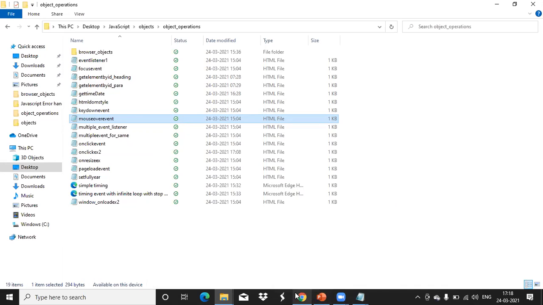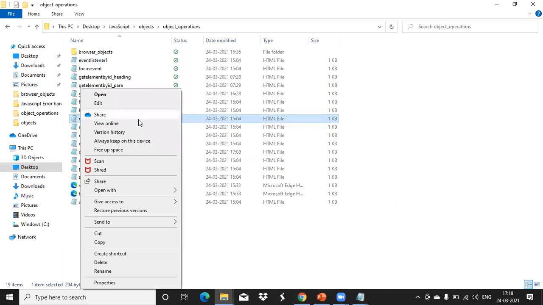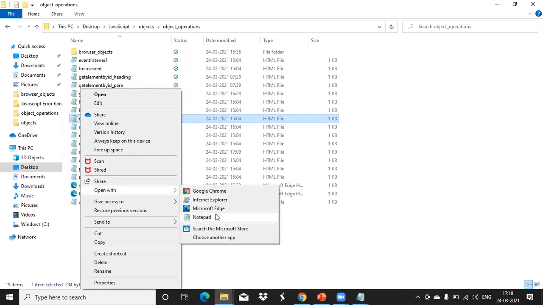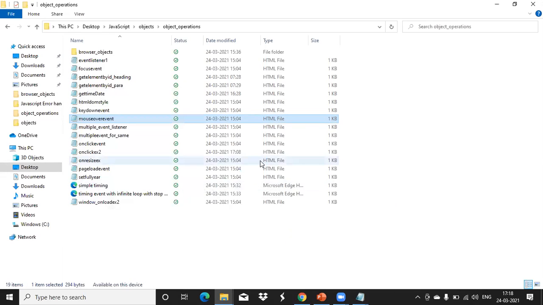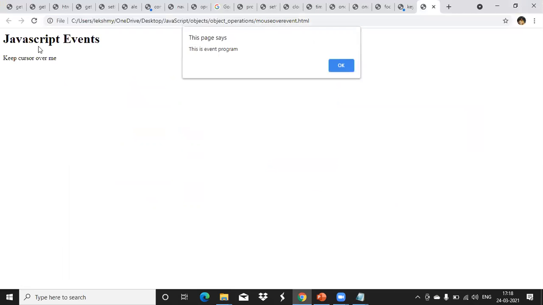Okay, so the output. When I place the mouse over that text value, it is showing the alert box. See, when I am moving the mouse here, it is showing that.